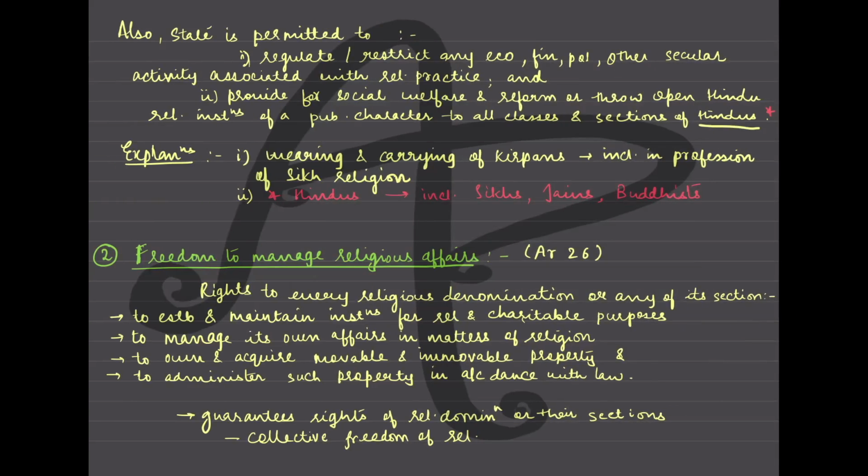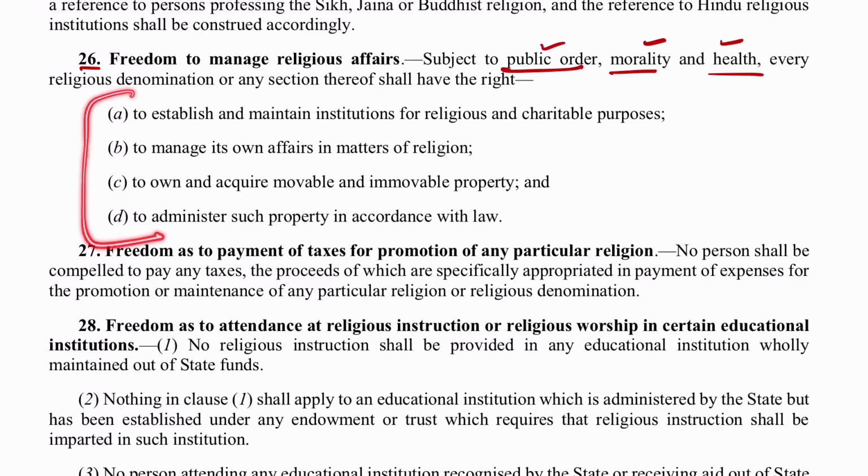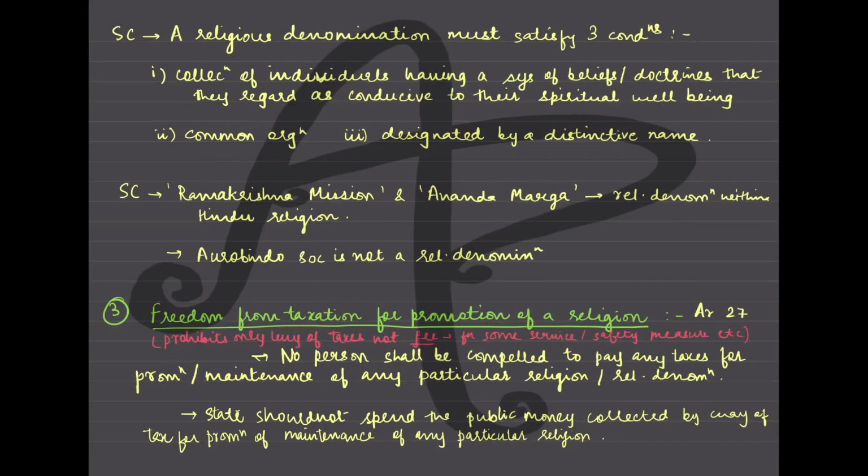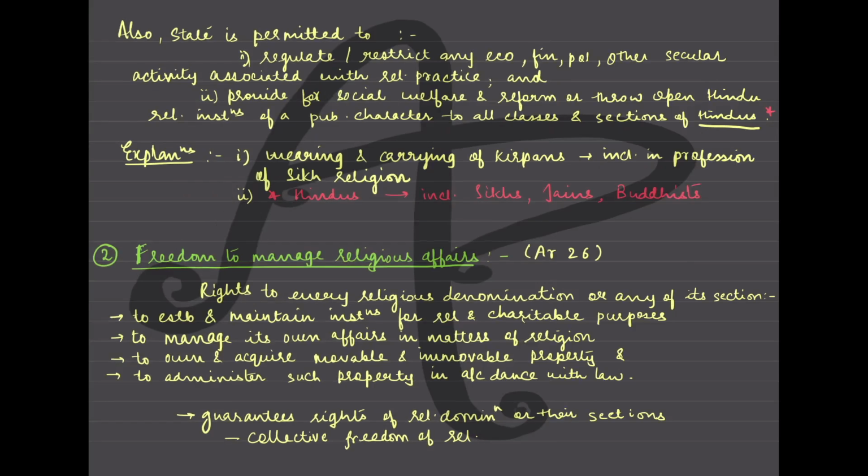Now the state is also permitted these extra conditions which we read in clause 2, and the 2 explanations that we have already done. Now in 26 you have understood that the religious denomination or any grouping gets all of these 4 rights which we have just seen here. The same thing is written there. So they get these rights, and therefore here it is the collective freedom of religion which is assured by Article number 26. However, you also have to remember the Supreme Court has said that, how will you determine that